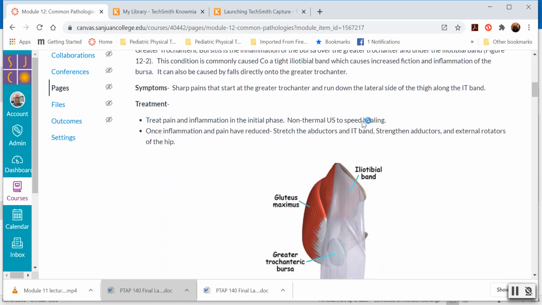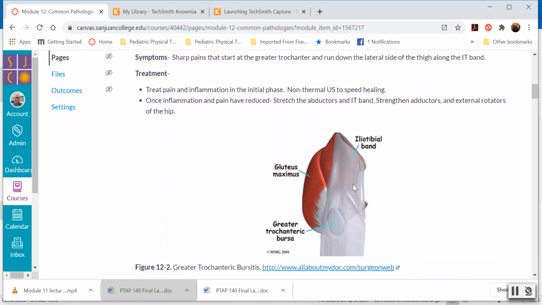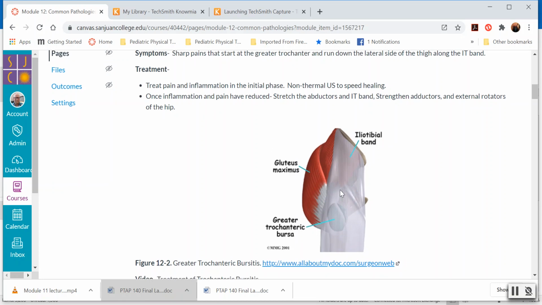Greater trochanteric bursitis is just over the trochanter under the IT band is a big bursa. If you're overusing the IT band, that bursa underneath it can get swollen and inflamed. Sometimes it can be something weird, just like an infection even, that settles in that bursa. They'll have pain laterally over the greater trochanter, and it'll be super painful right there, and then it'll kind of